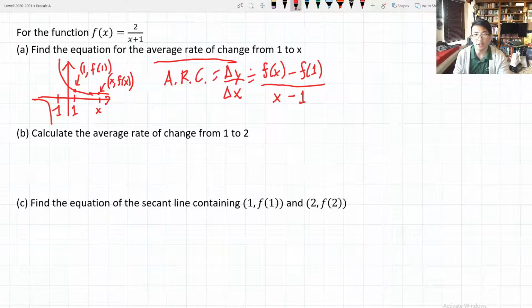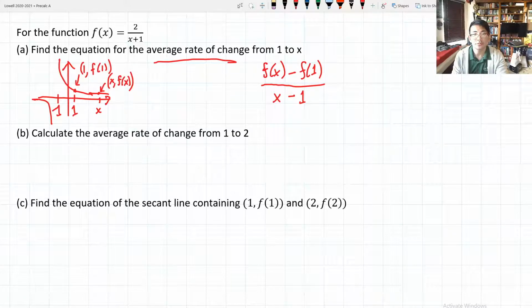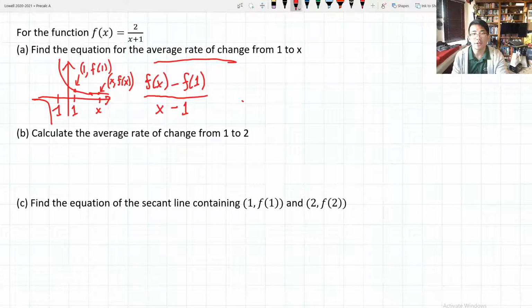Alrighty, so just in the interest of space, I'm going to kind of erase and pull this back. But this now just looks like so. So let me drag this over here, I apologize. All right, so this now, well, f of x is our original equation, which you see down there. I actually have no idea where I'm pointing because I can't actually see my camera, but I think it's over there. So that's going to be 2 over x plus 1